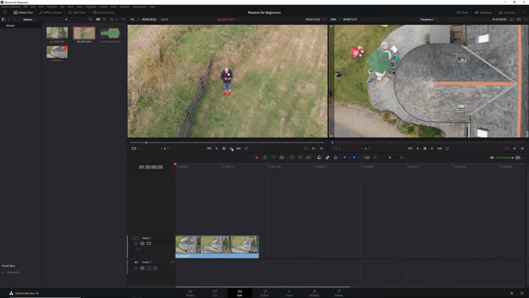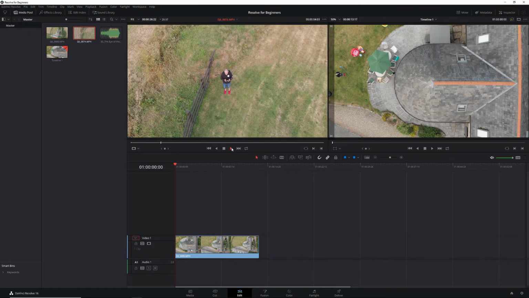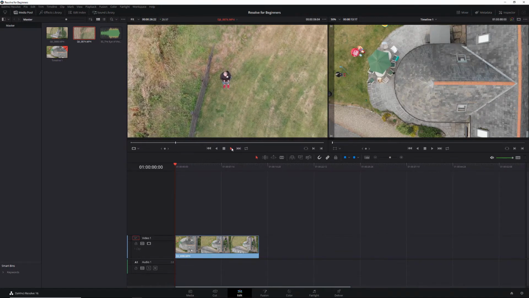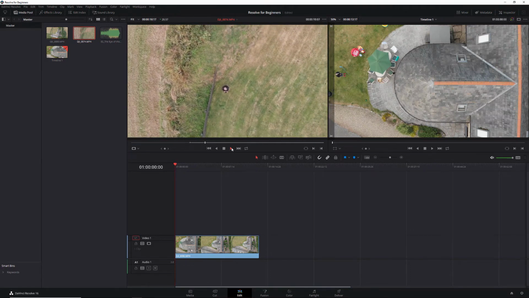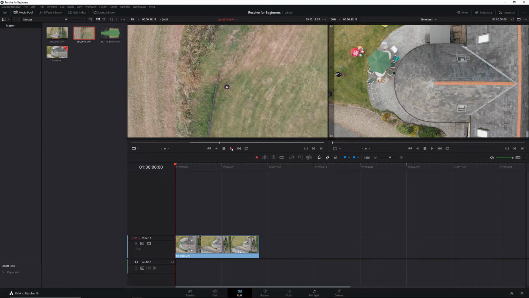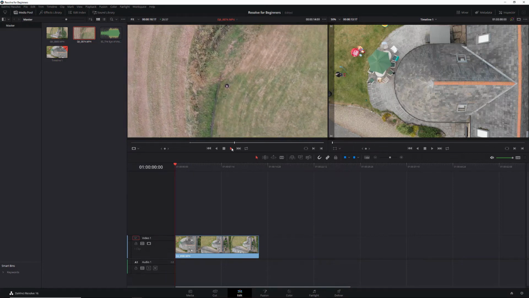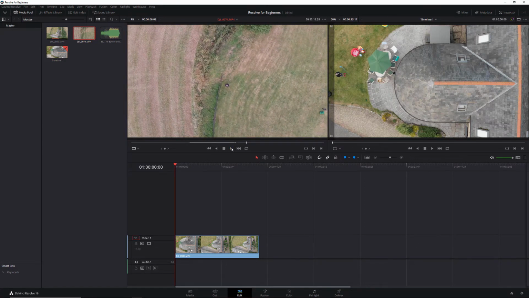Now I'm going to do it slightly different this time. I'm going to do it in real time. So I'm going to hit I when I want to start using the clip, which is about now. And then I'll hit O when I'm at the end of the clip I want to use, which is about now. Okay, and I can click on space just to stop the playback because I don't want any more footage